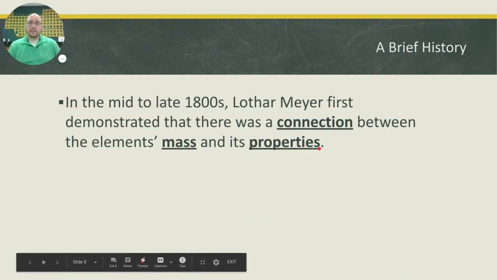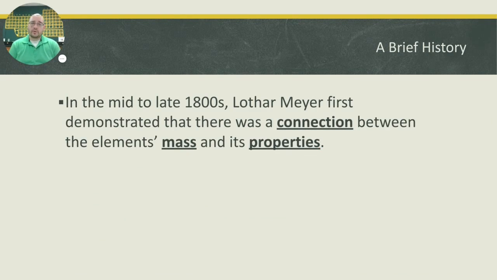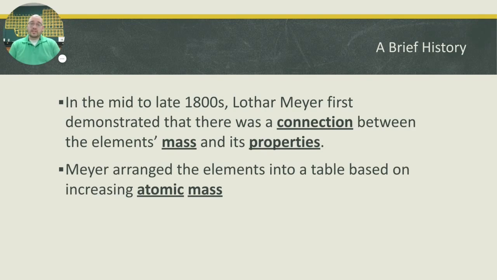All right, so a little bit later in the mid-1800s, a guy by the name of Lothar Meyer was the first to demonstrate that not only did there appear to be, but there actually was a connection between the element's mass and its properties. Its mass could help determine some of its properties. So he arranged the elements into a table based on this increasing atomic mass. He didn't just group them, but he actually created a table where this is the smallest, and it goes in order, and then